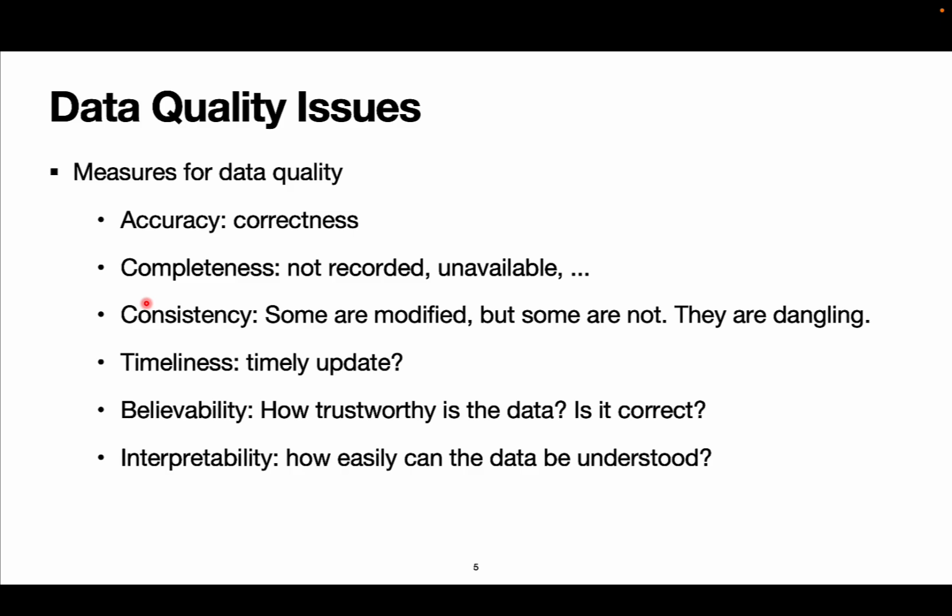Also, very often inconsistencies happen due to the time of updates. For example, some sources may only update their data once a day or overnight because it's a time-consuming process. This will lead to an inconsistent data state. Does the data come from a trusted source? Living in this age of misinformation, one should be questioning everything we read. And interpretability means we need to understand what's going on from the data. Can we explain it? Does it make sense?